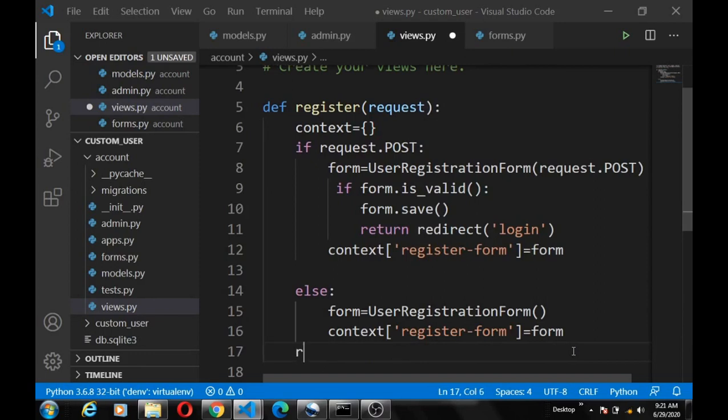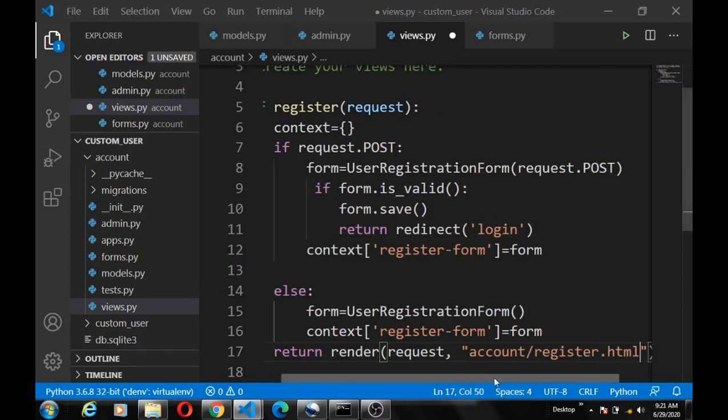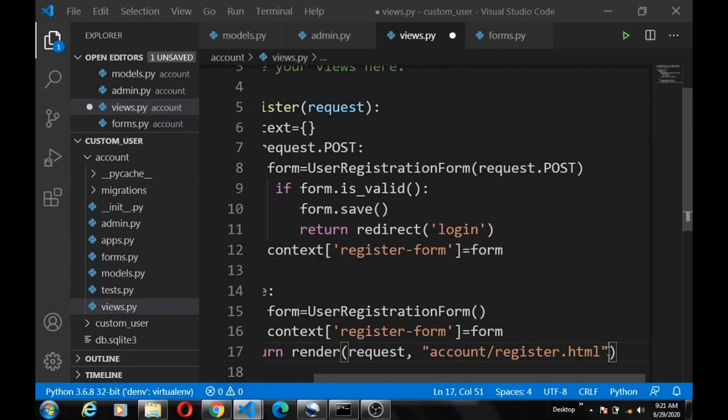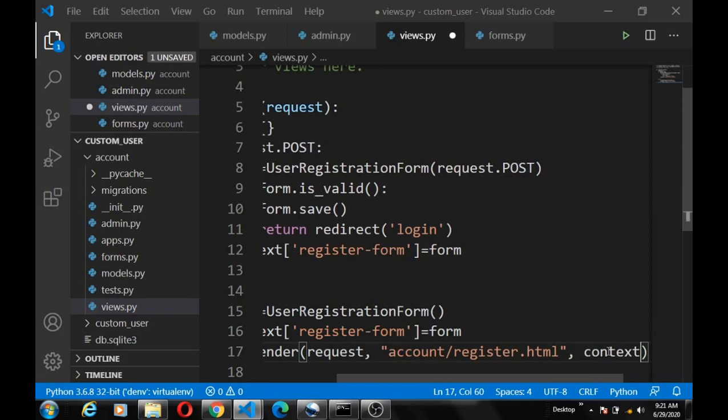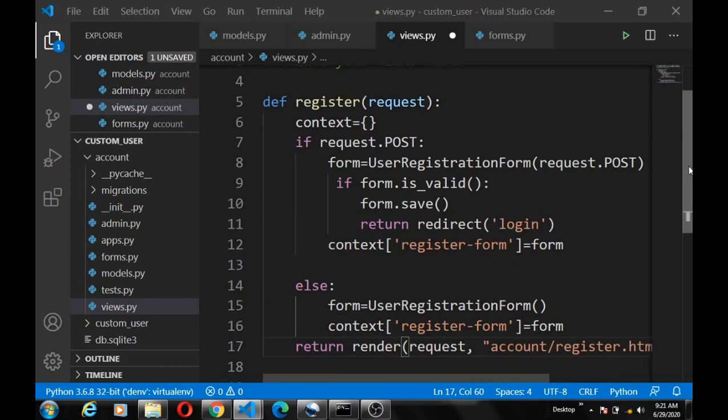Then we are returning our normal render. We're taking the request and the template, which we call register.html, then passing the context. So I'm sure most of you may be familiar with creating a Django view function, so this should not be